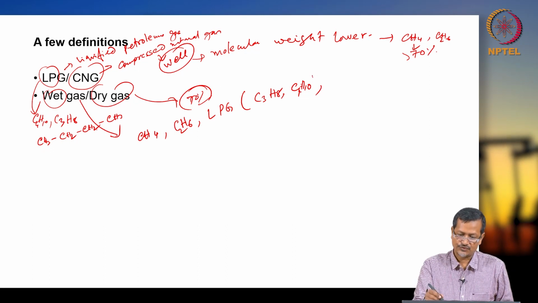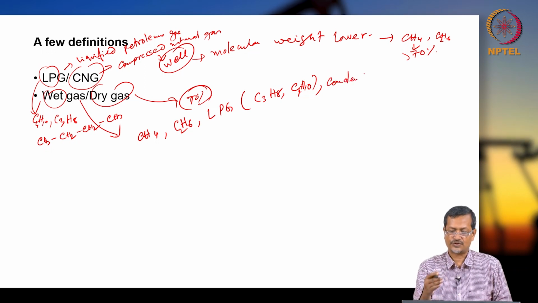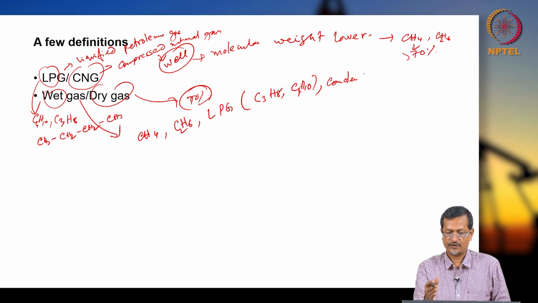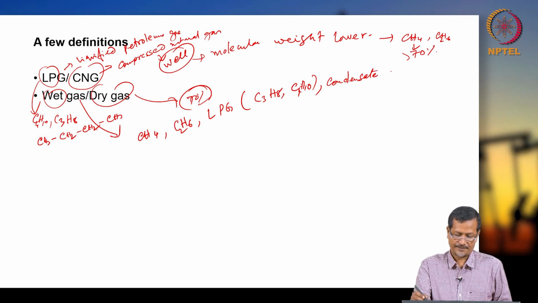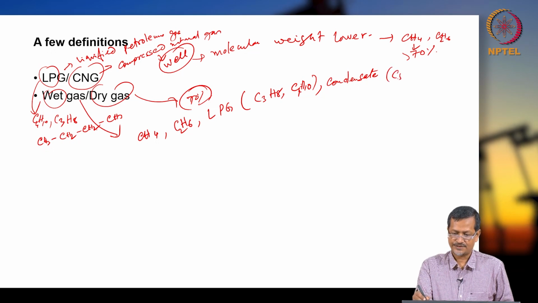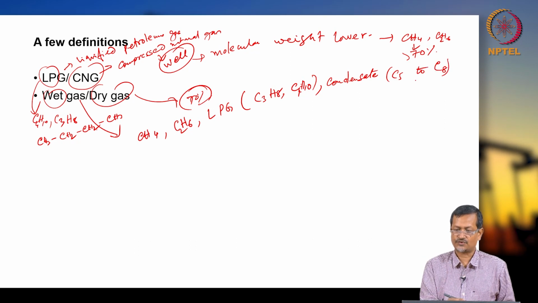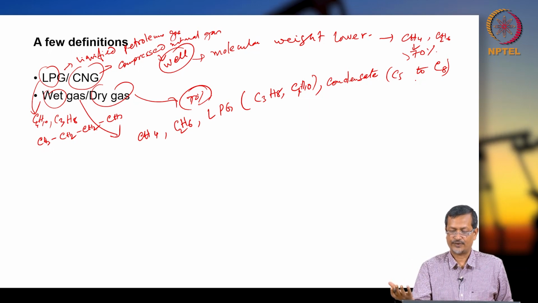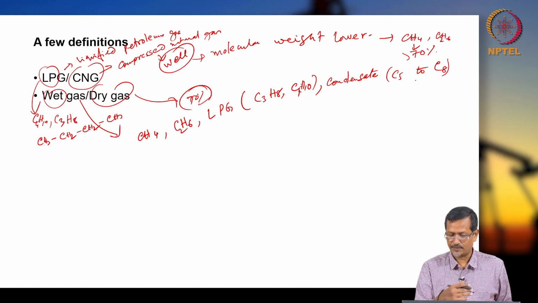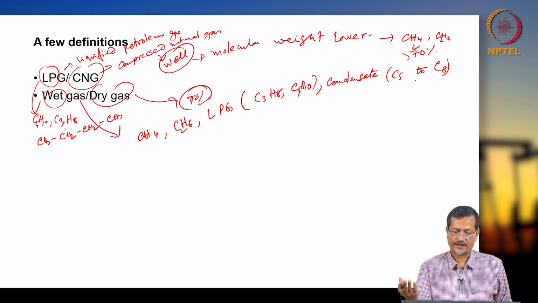And condensate also will be there. Condensate means the chain number of carbon will be more in condensate. Mixture of hydrocarbon, like say C5 to C8. Okay, this is condensate. If you are going further to longer chain hydrocarbon, it will be liquid actually. If you go to hydrocarbon like say 30 carbons or something, then it will be wax, asphaltene, that group